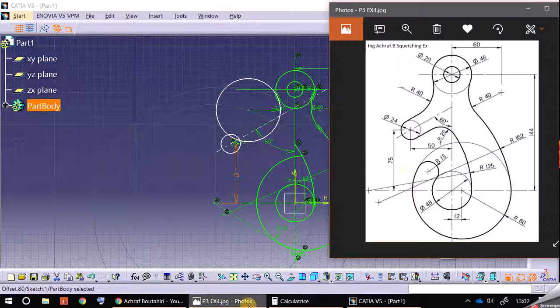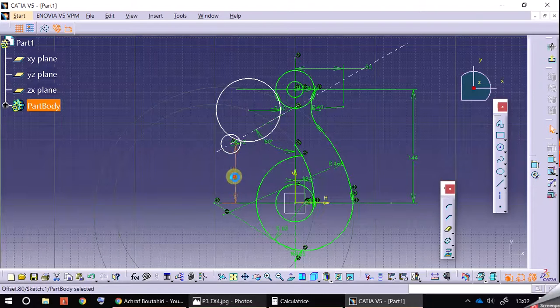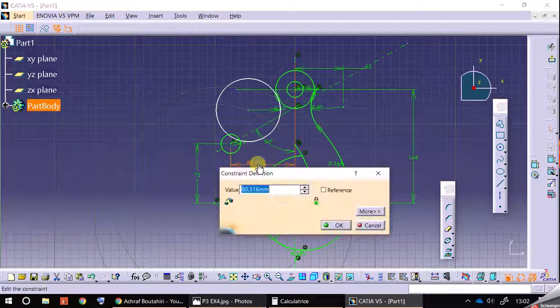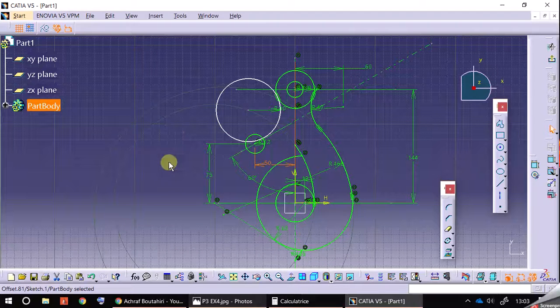75 like this, and the distance from this axis to this axis, from this point to this axis, we have this distance of 50. So this circle will be green. Okay. And what we need also is to define an element that will be in tangency with these two circles,